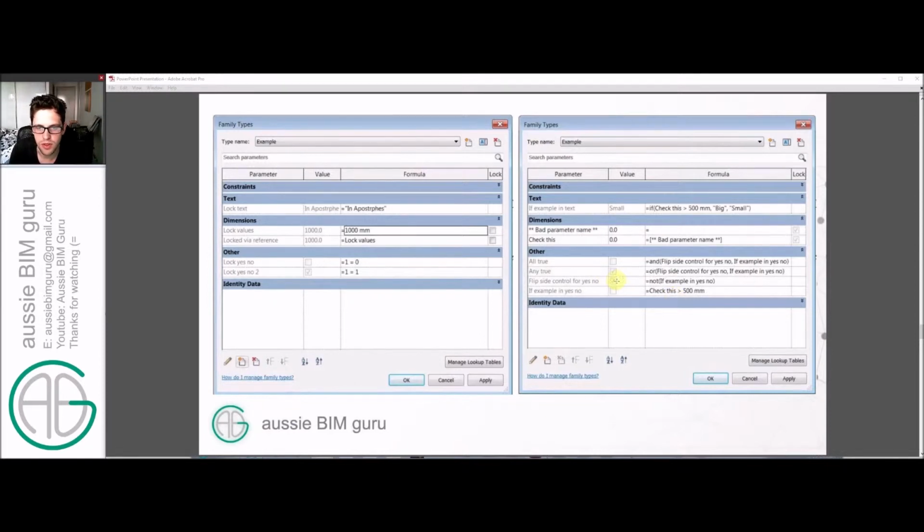Likewise, we can also just say the opposite by using the statement not. So we're saying this is not that, so it's on because this is off. This is really useful for things where you've got two controls visibly of what you want to show. And then you can do or and to collect multiple if statements or multiple conditions to use other formulas and